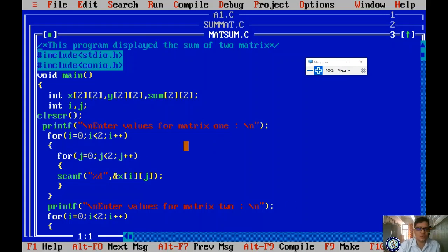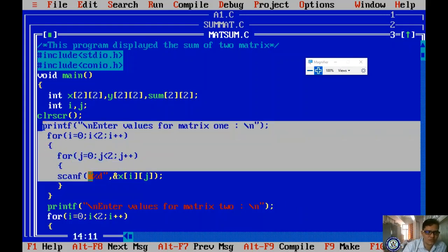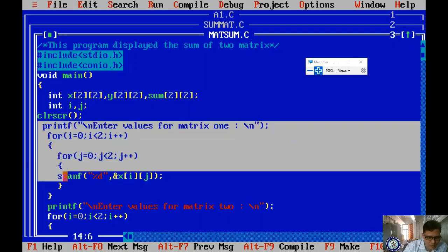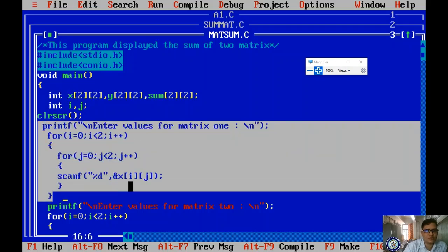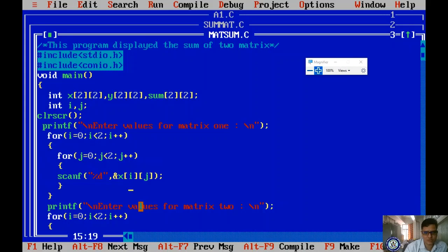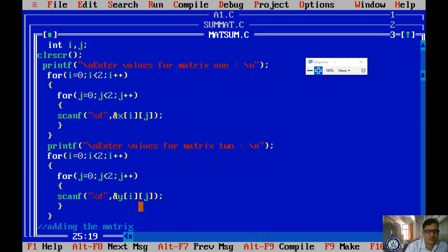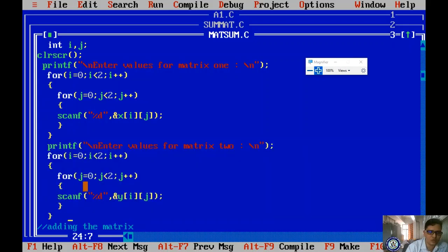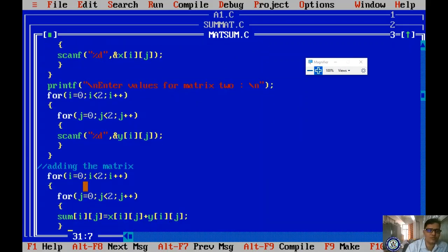So what is the purpose of this nested for loop? To read and store in the first matrix. Got it? That is your x, and we are writing the same nested for loop to read and store for y. Then the same nested for loop, instead of scanf, is for processing. What is the processing? sum of ij is equal to x of ij plus y of ij, but here it gives an error, I already told you.